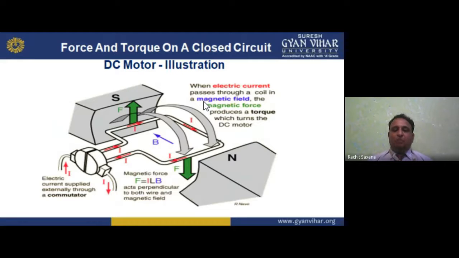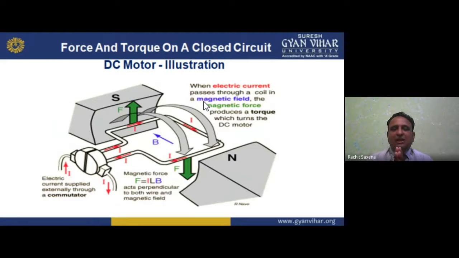Now, one thing I want to tell you, my dear students, one very simple thing. If a force is applied on a thing, for example a thing like this, it will start moving like this. If moving is there, then displacement is there. And force and displacement are basically vectors.